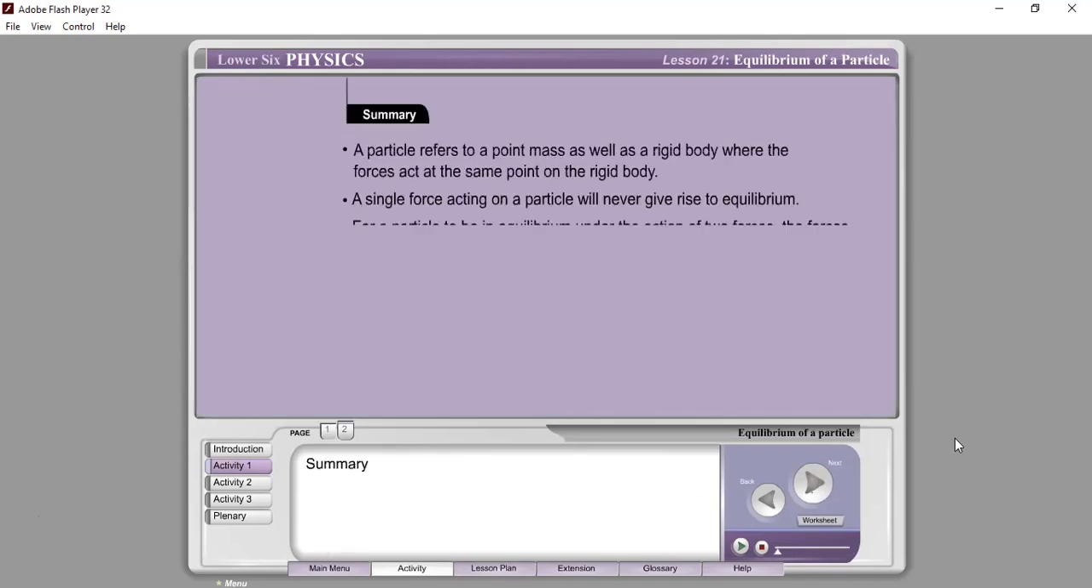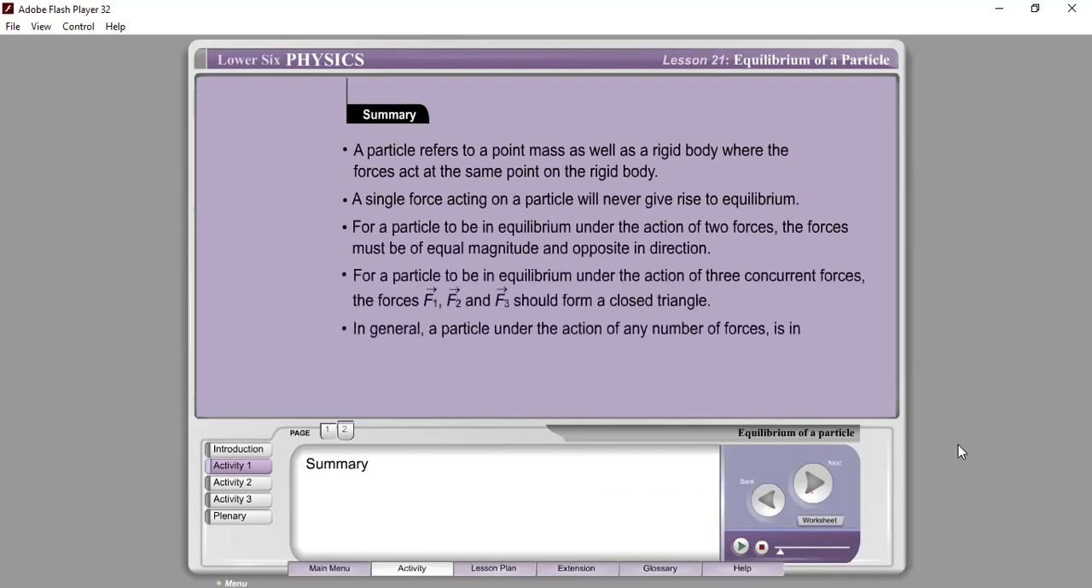Summary. A particle refers to a point mass as well as a rigid body where the forces act at the same point on the rigid body. A single force acting on a particle will never give rise to equilibrium. For a particle to be in equilibrium under the action of two forces, the forces must be of equal magnitude